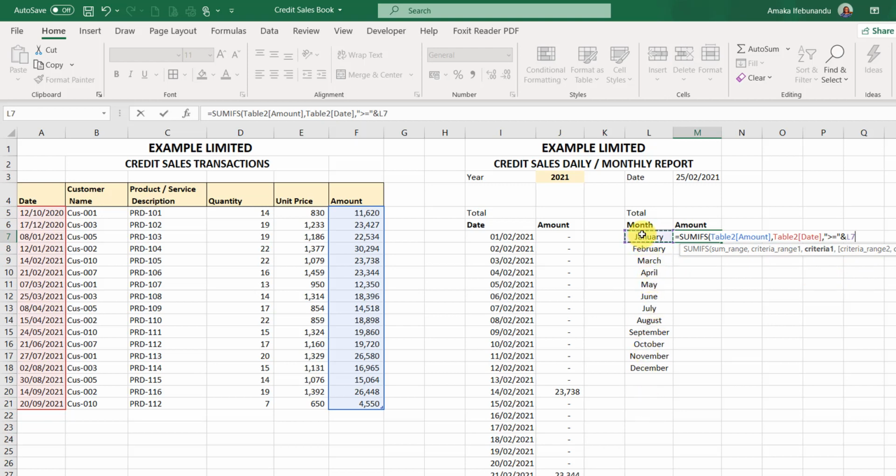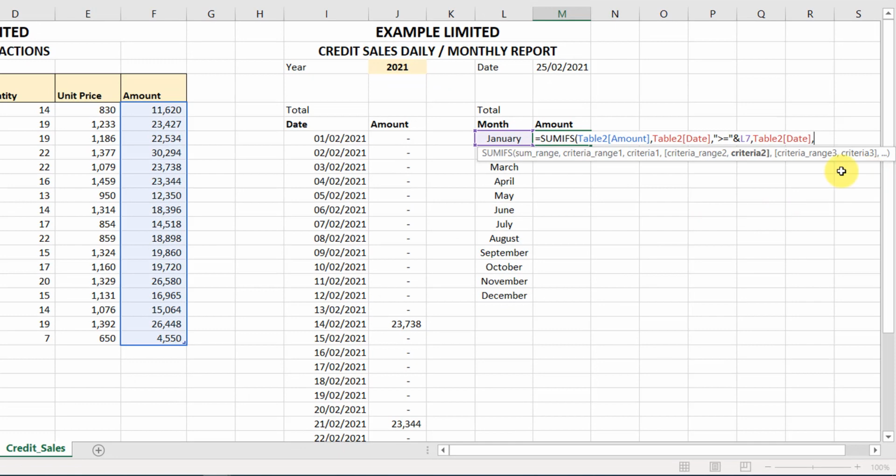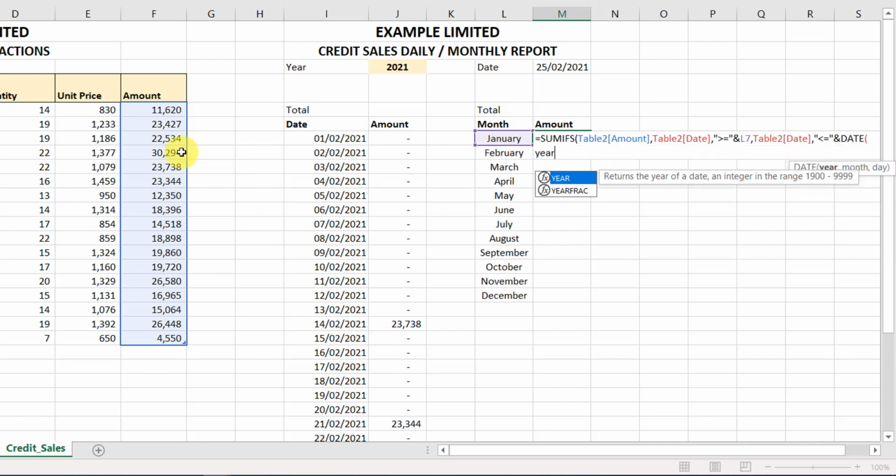So I'll just select this cell, right? Then my second criteria range is still the date. And the second criteria is that the date should be less than or equal to, put it also in double quotation, then the ampersand. So we are saying it should be less than or equal to the last day of this month. We use the DATE function to get the last day. Date, the year of this cell,